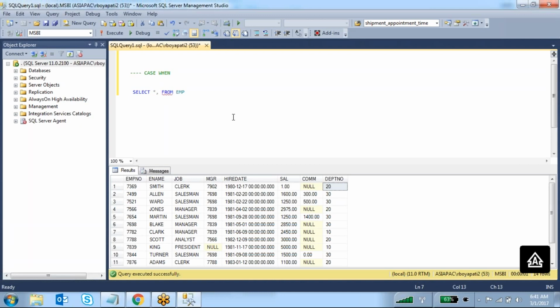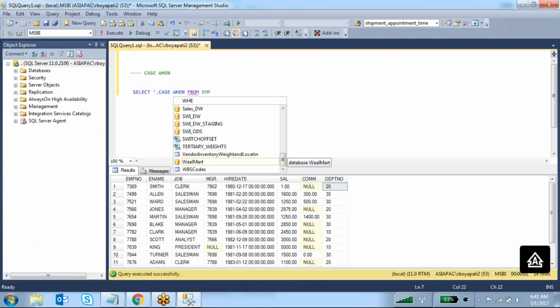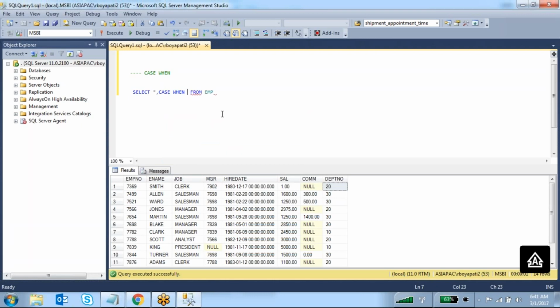Okay, right. So what is the syntax? How can we write it? So case when, okay. So when department number equal to 10, then what do you want to print?